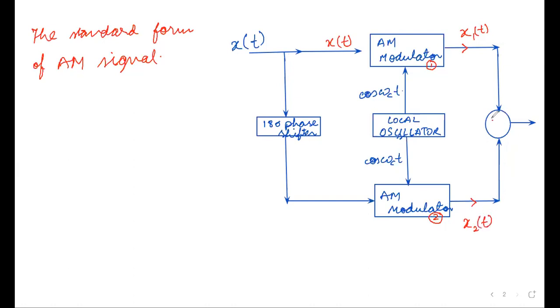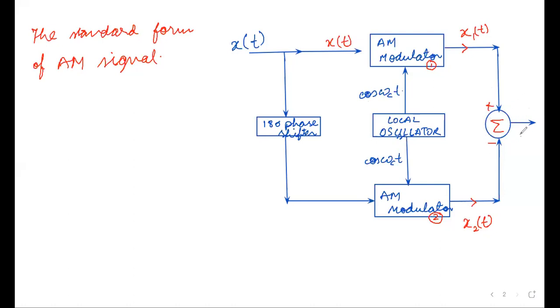So what is here? Here is a summer. You can assume this summer will do the subtraction as well as the summing part. If I say sum, it does not mean only a plus b. It can be a minus b, that is a plus of minus b. Okay, so here we just want to cancel the carrier part. We are interested to eliminate the carrier part of the signal. So we are doing this.